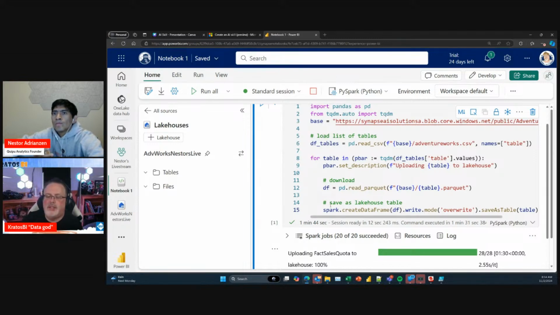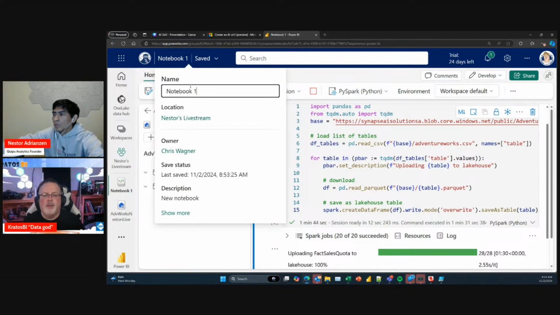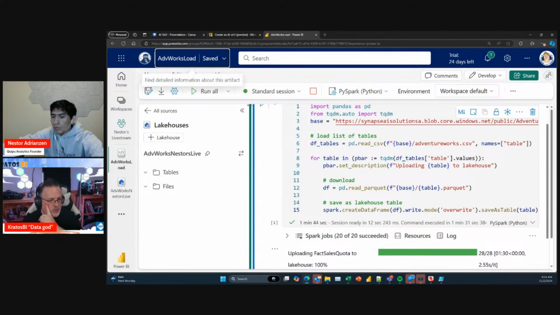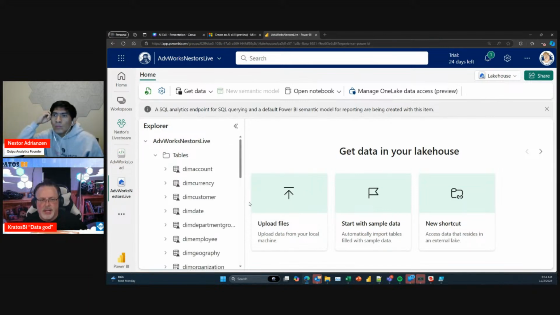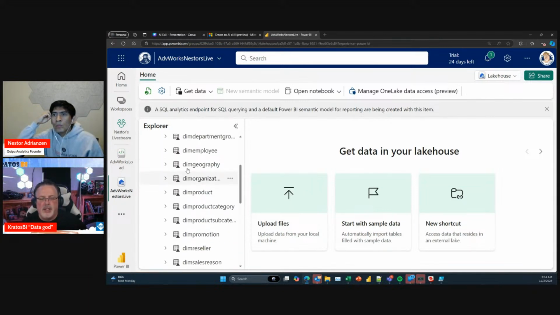Okay. Once this is done, these files are going to load. Your Lakehouse is then going to bring them in and start to consume them. So next, I'm going to go check them out to make sure that they've loaded appropriately. Before I do that, though, I want to update my notebook name. I don't want it to be Notebook 1. I'm going to call this AdventureWorks Load. Right. So I've got my AdventureWorks Load notebook, and now I'm going to go over to my AdventureWorks Lakehouse.